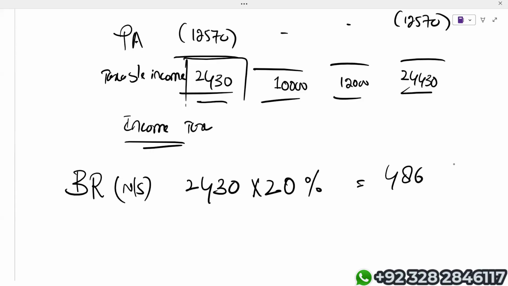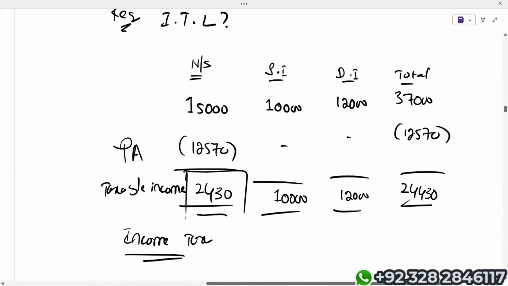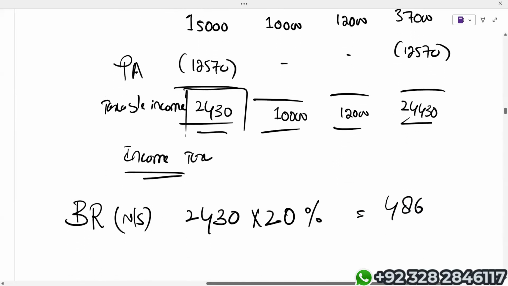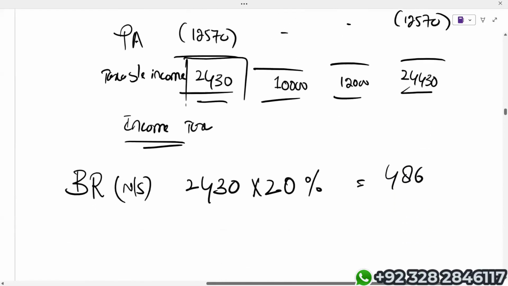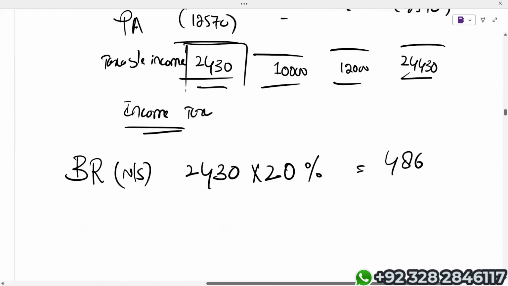Now, student, I have only one question. My first question is, is this individual entitled to get starting rate band? Say yes or no. Then next question will be how much. But my first question is is he entitled to get starting rate band for the saving income? Kindly reply yes or no. Let me see in the chat box. Chat box is empty. Very nice. Thank you for replying.